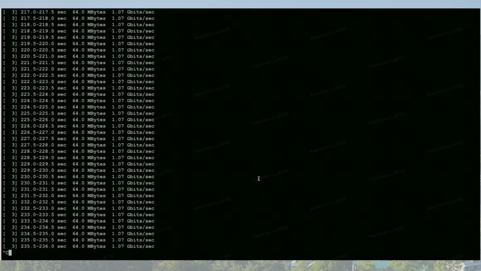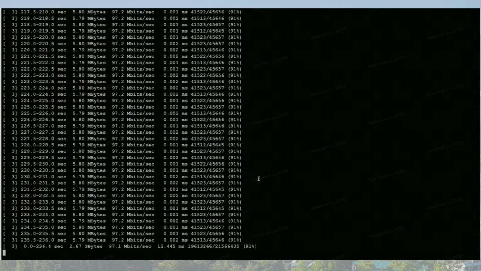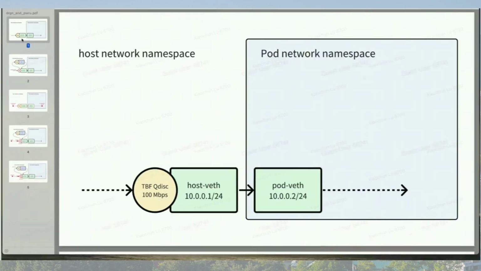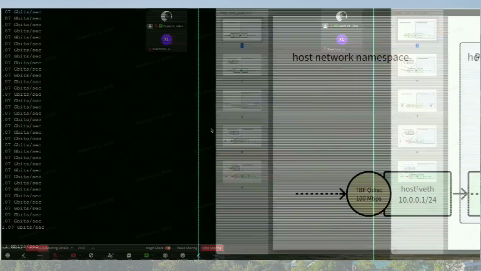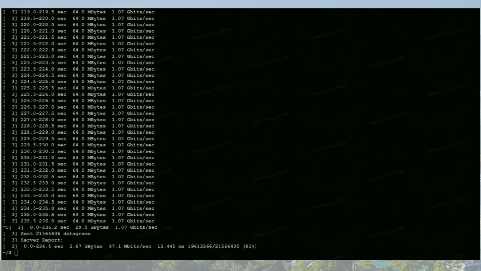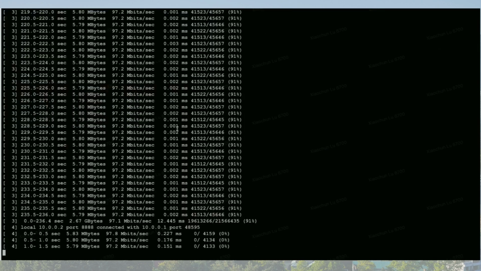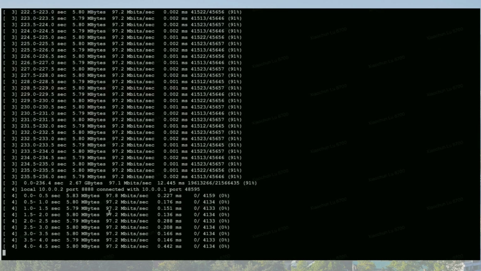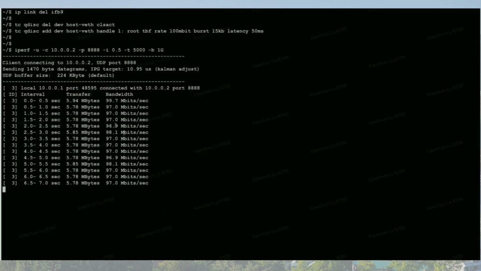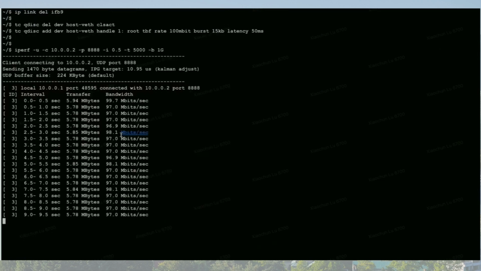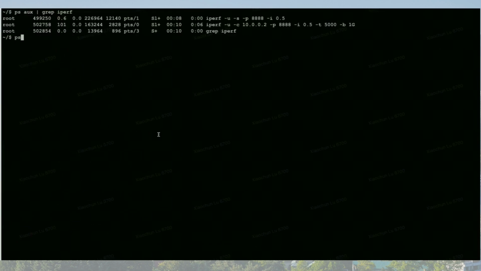So let's stop this client and move back into our previous setup. So this should do the trick. Making the IFB device, and now if we run the client again, it should work as expected. The server receives 97 and the client only sends 97. Now if we do this lookup again,